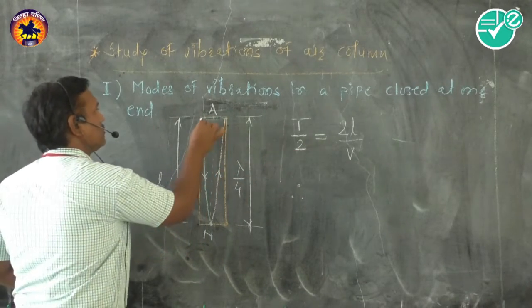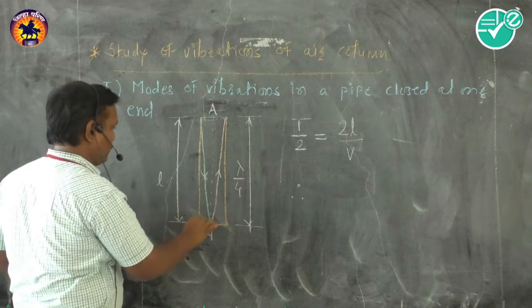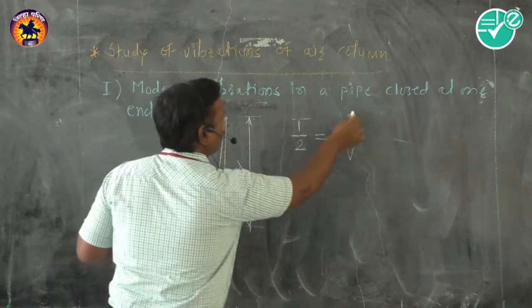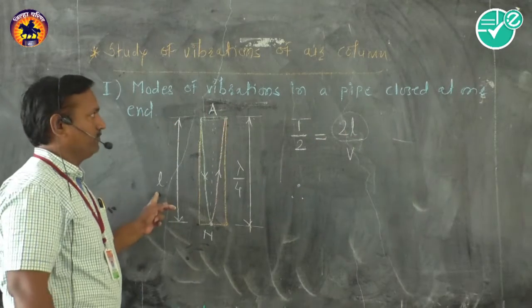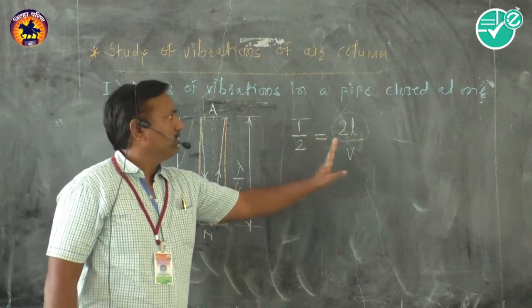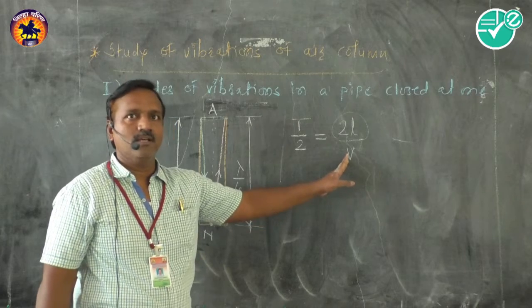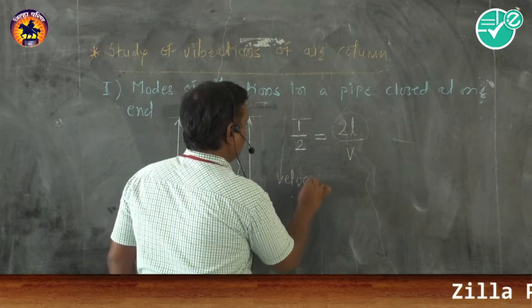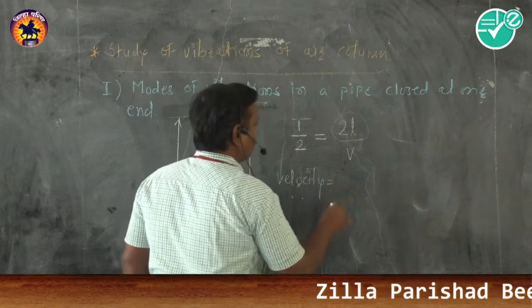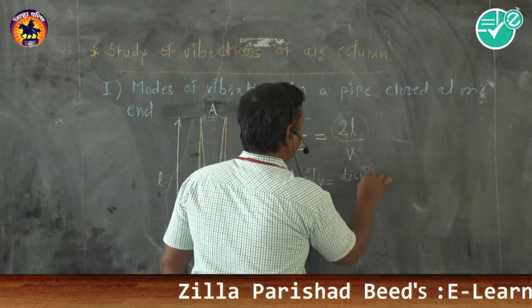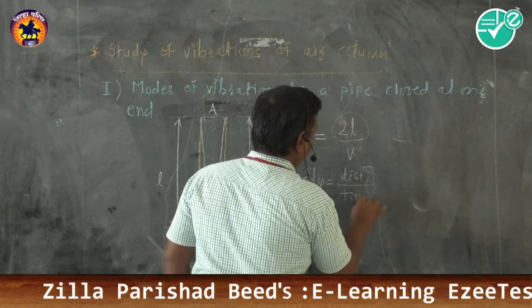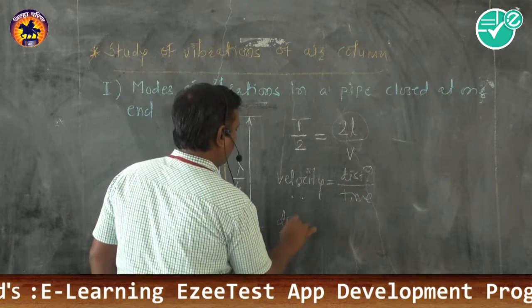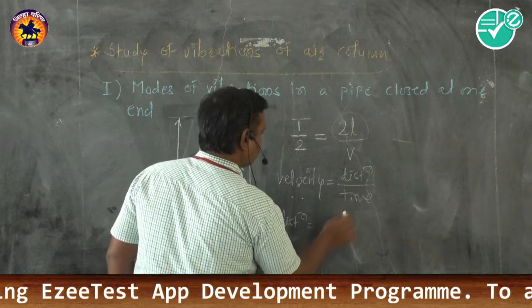How much distance is travelled by the wave? From this point to this point, that is L, and again from this point to this point, that is L. Therefore, we are going to take that value twice L. But this distance, how is it? Velocity is equal to distance upon time. This is the formula, and we need that distance. Therefore, distance is equal to